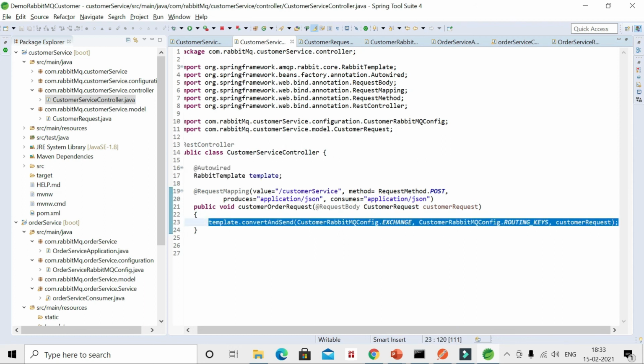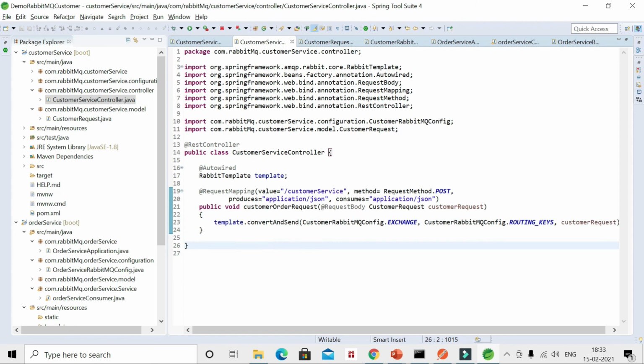We used the convertAndSend method, which takes parameters like exchange, routing key, and the object we are passing.